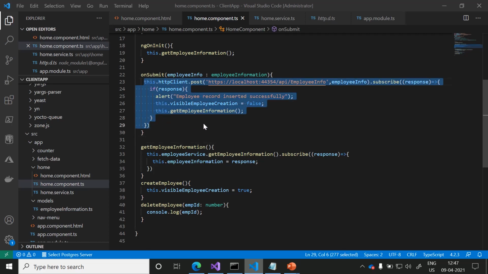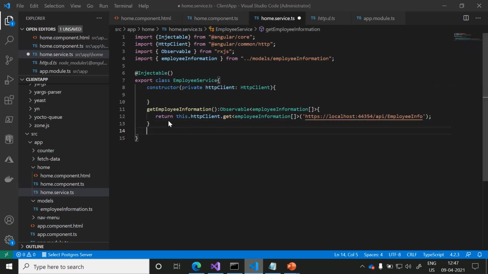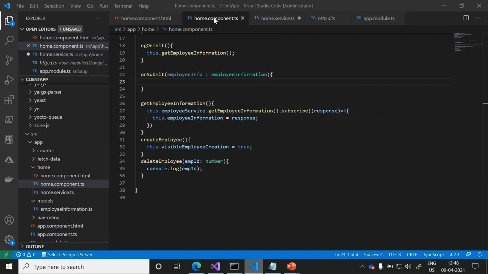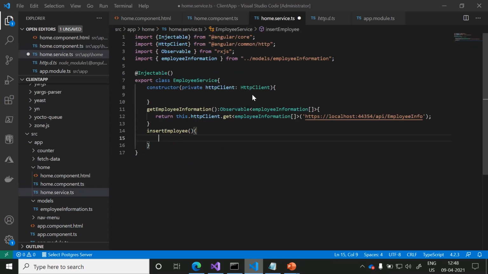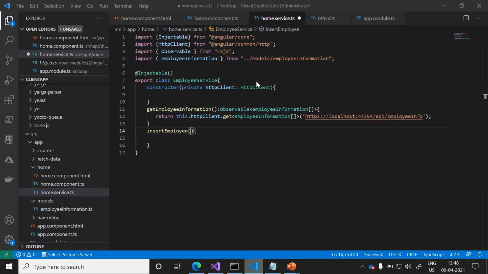What we do is we just need to copy this information, come back to home service. Now have one more method, that is insert employee information. If you observe this, insert employee will expect employee information as a parameter. Now copy this parameter and paste it here. The same way return